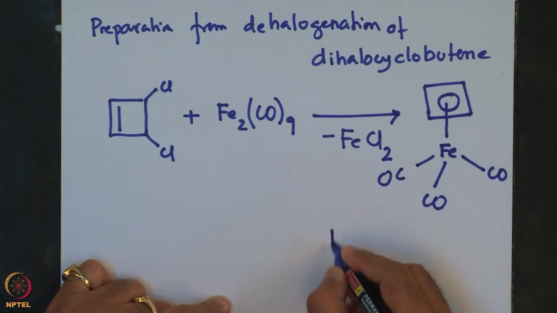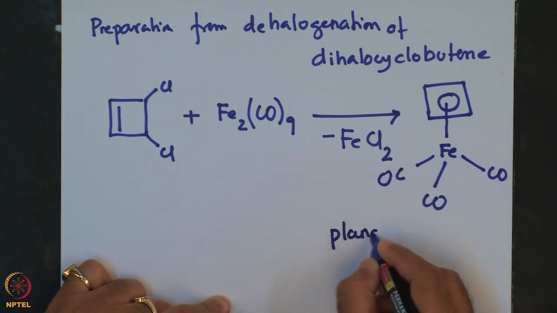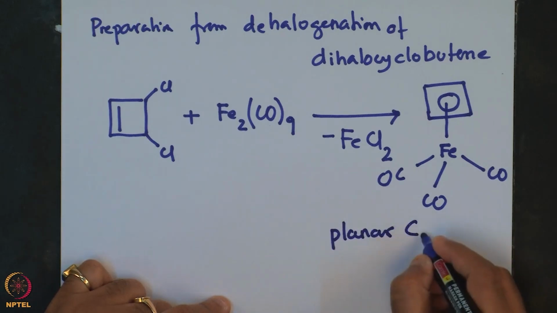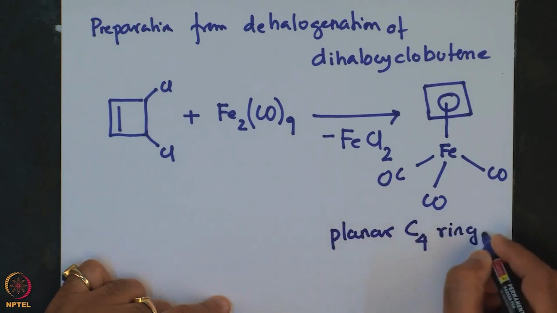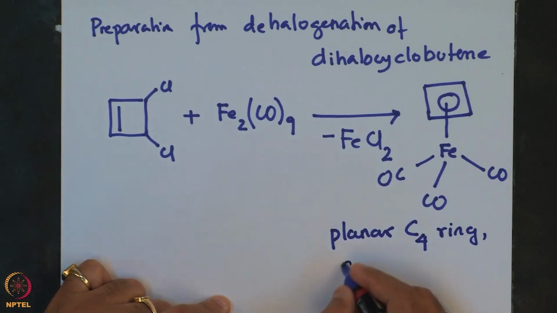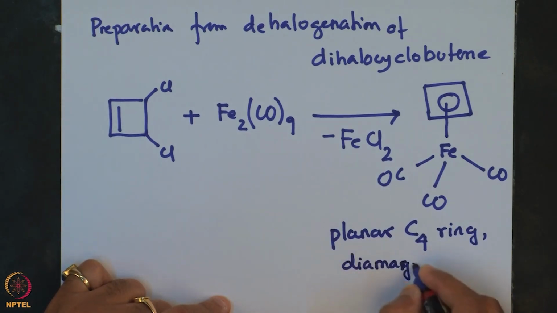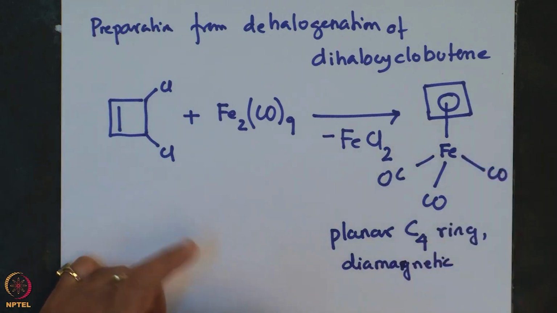This is again a planar structure ring, diamagnetic, and this has 18 valence electrons,